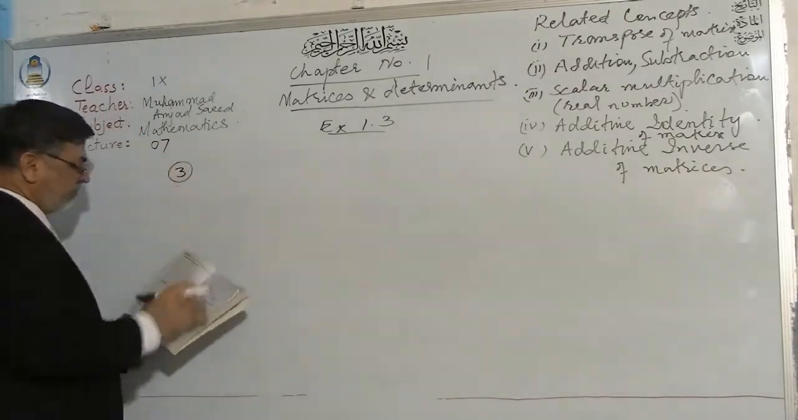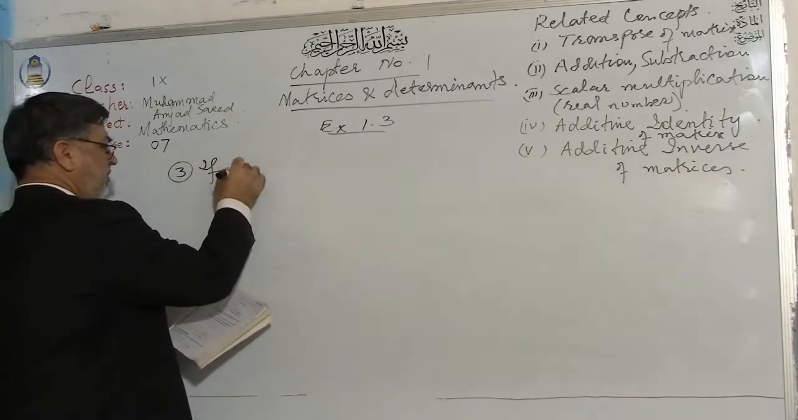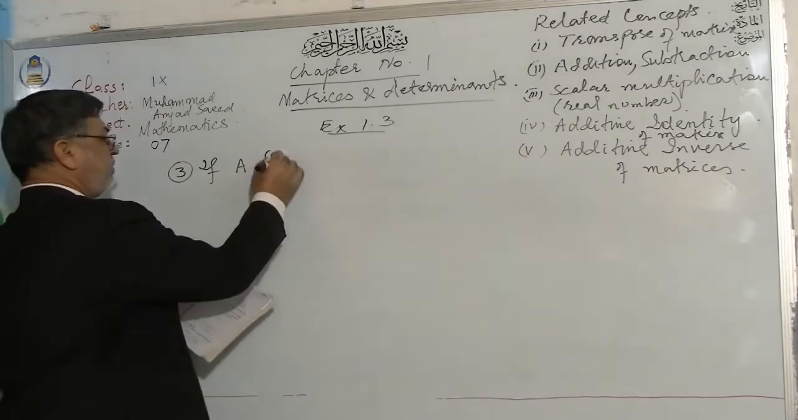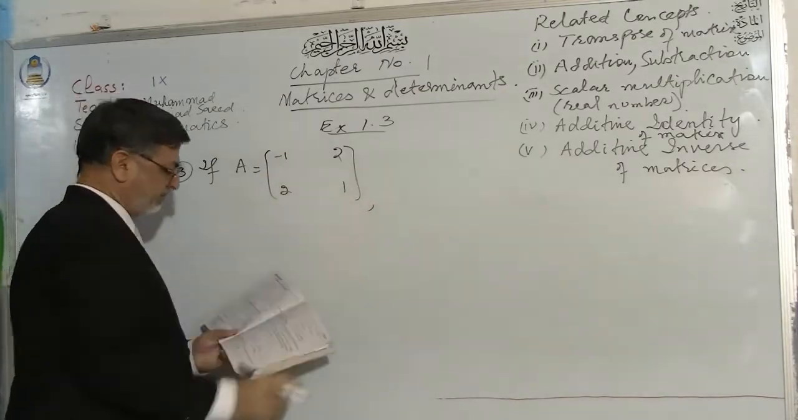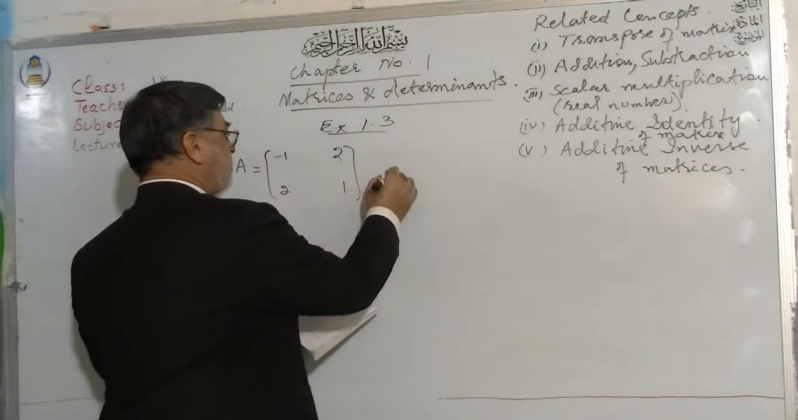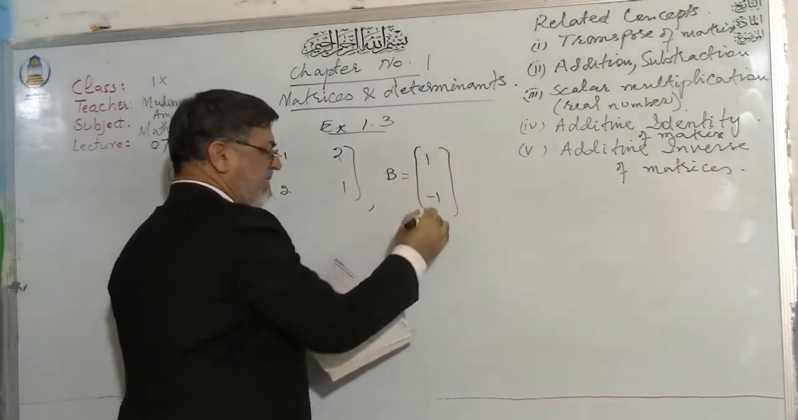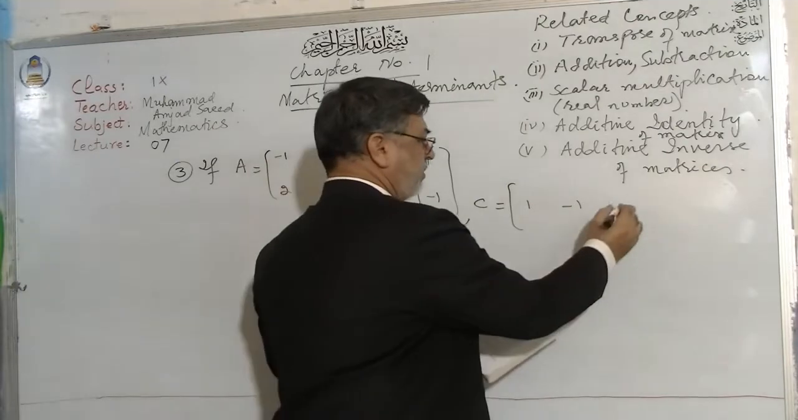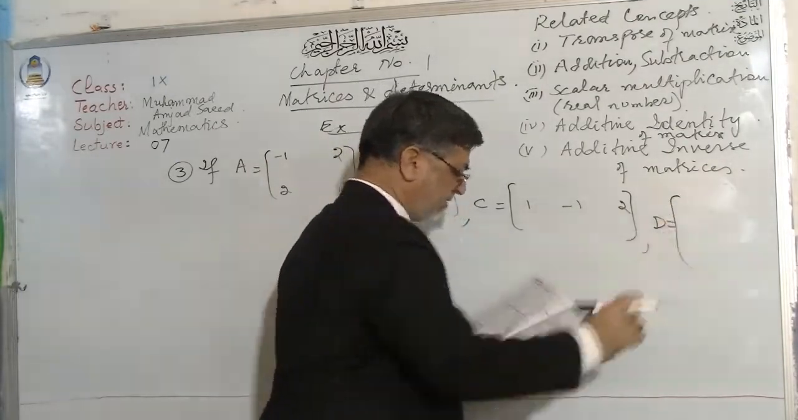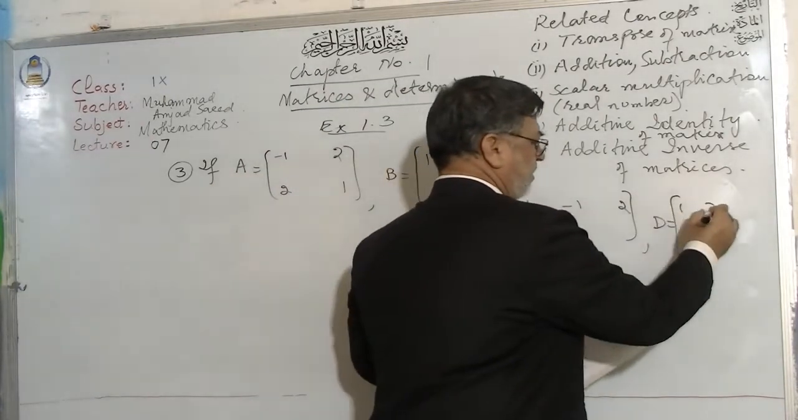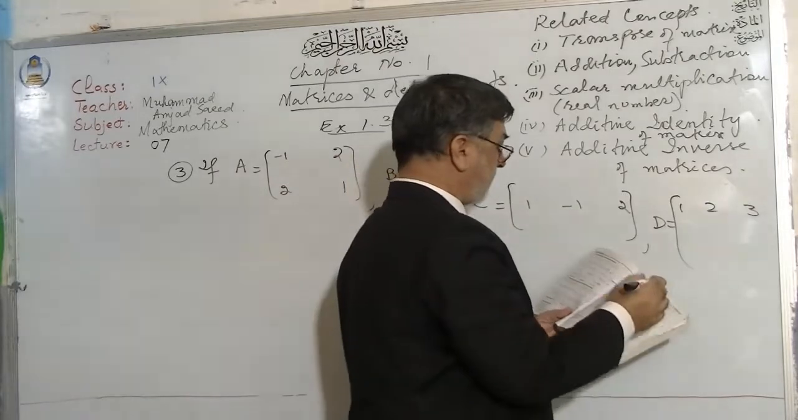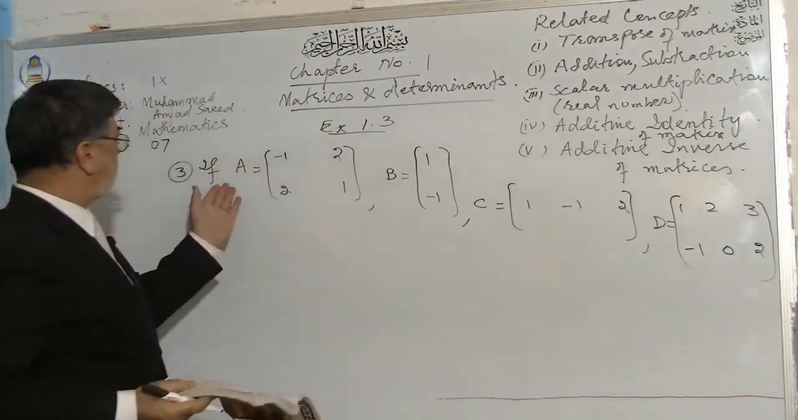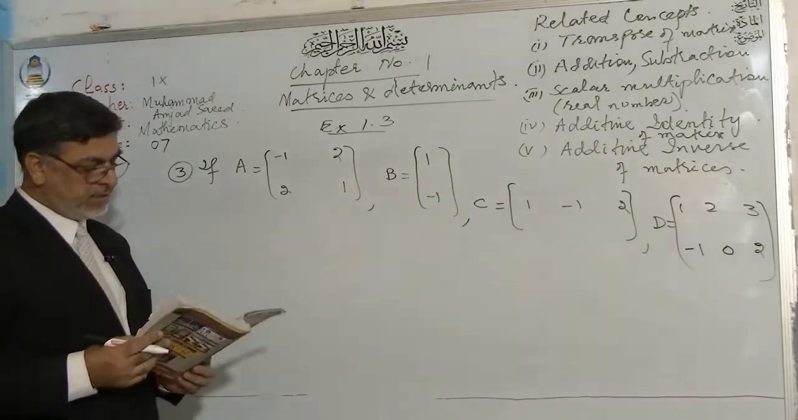Question number 3. If A is equal to minus 1, 2 and 2 and 1, B is 1 and minus 1, C is 1 minus 1 and 2, and D is 1, 2, 3 and minus 1, 0, 2. We have this question number 3. We have these matrices. Then we have to find,